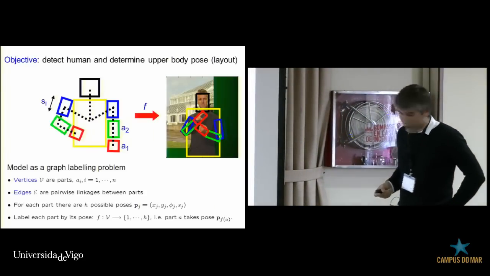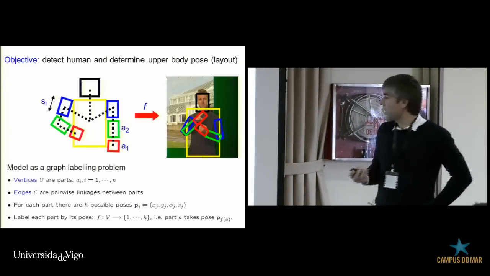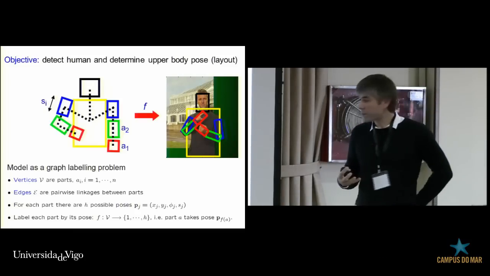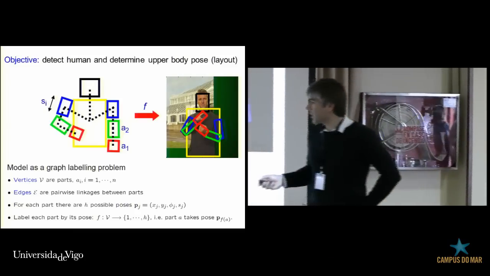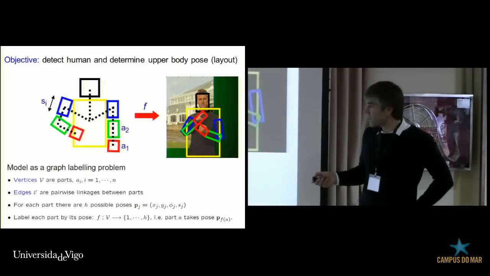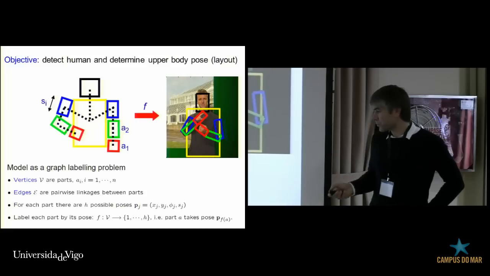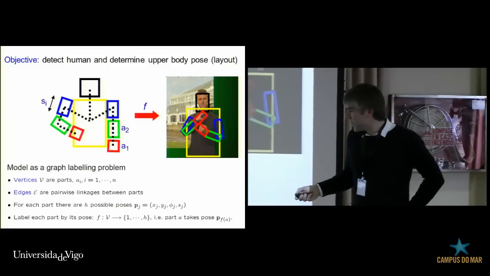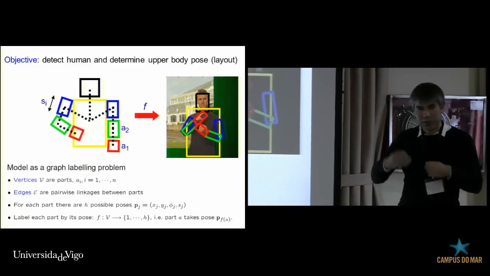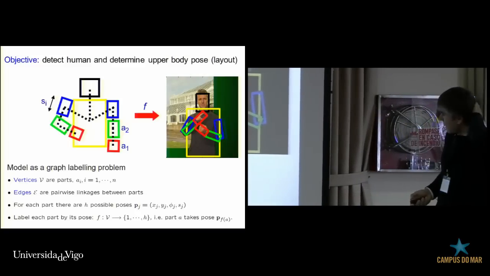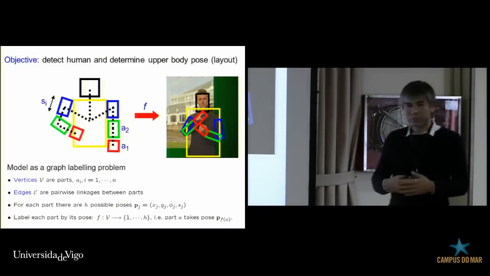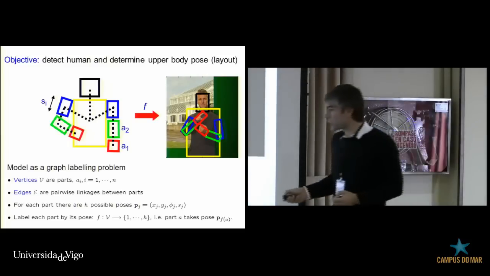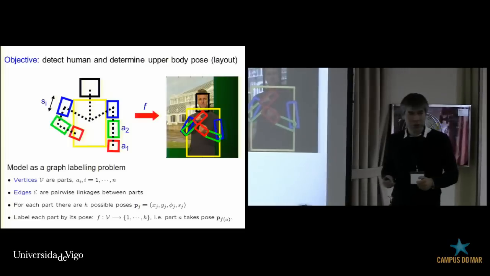Okay, so how can we solve this problem? As I said, one solution is to represent the poses as graphs. We can assign the nodes of the graph to the limbs, and then have springs between the nodes. Nodes or vertices are defined as A, and the edges, the springs between the nodes, are E. And so we can define the state space, so we can allow the position of parts to change, for example, anywhere in the image,